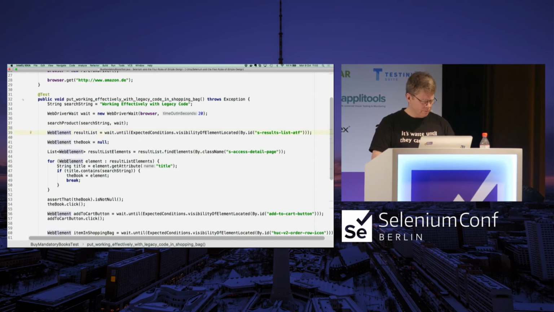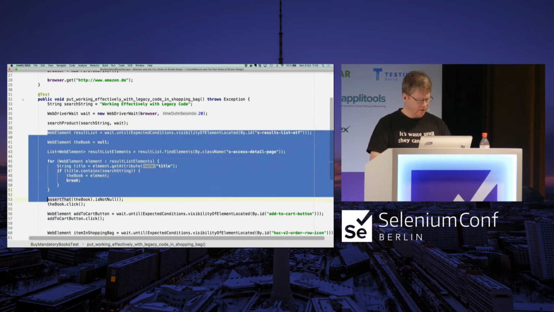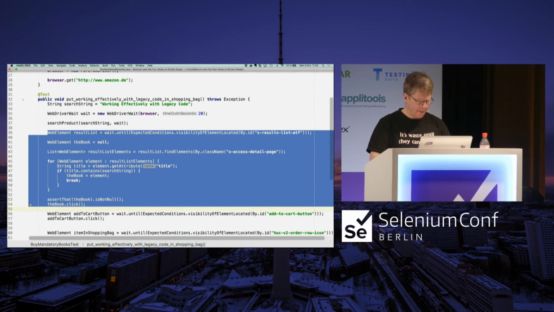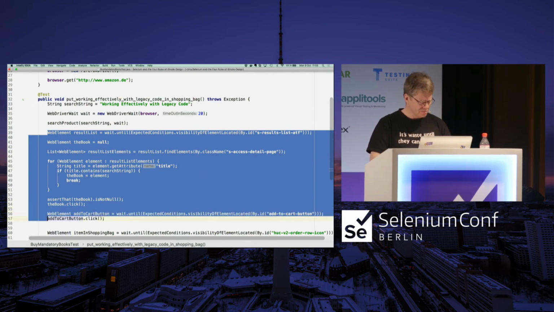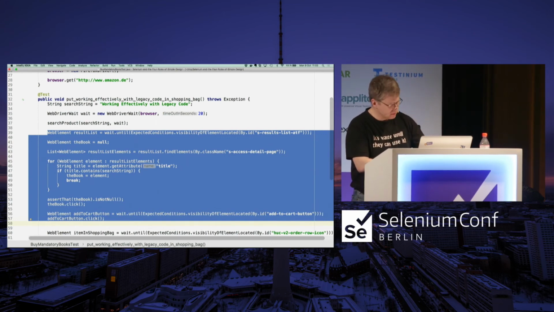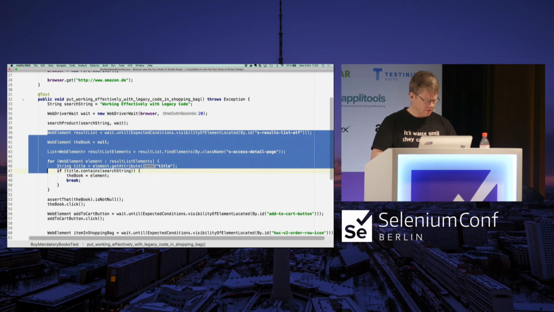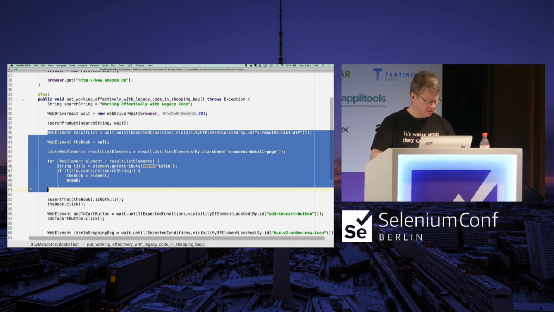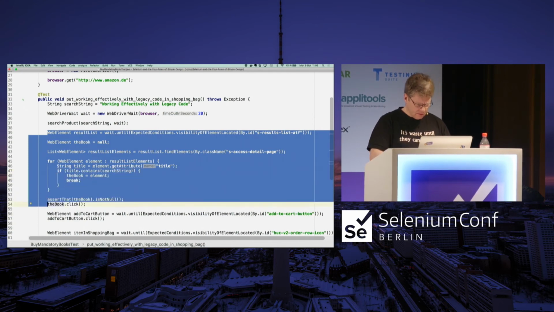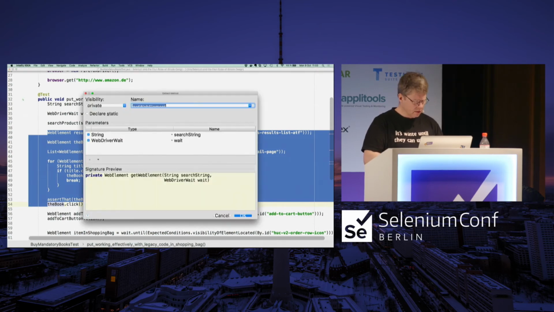Because I know, because I tried this out, that the wait will disappear in a nice way in a few minutes. So if I extract this one instead and call it locate product.